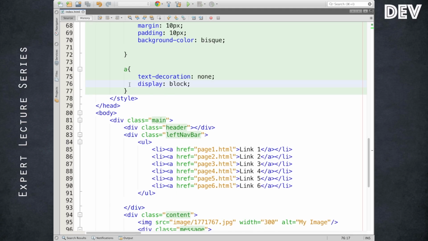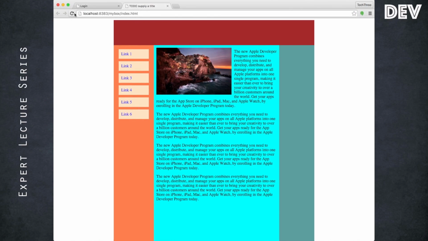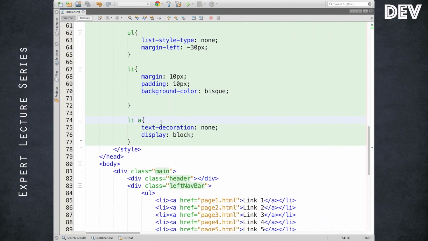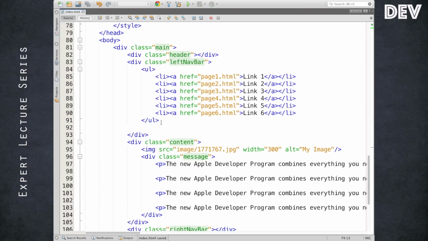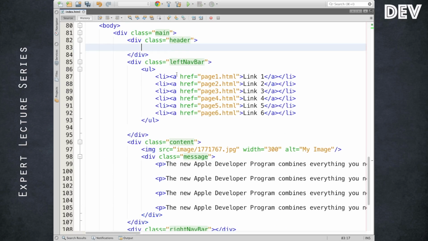And one more thing, I would like to give an idea about the child element. For example, I can even specify in this way: list item, the child of the list is going to be a hyperlink. So this particular declaration is only applicable to a hyperlink following a list item. So this also I can make. It's not going to make any difference, but I'll do one thing. Maybe I'll put one more hyperlink to show you first, then we can think about adding. Let me put one hyperlink over here.